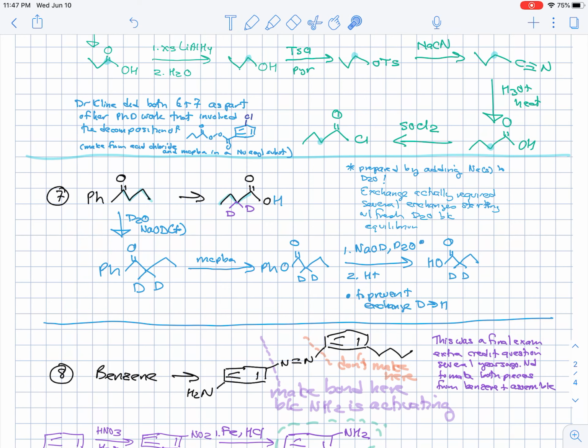So I had to isolate the product and then add fresh D2O and let it reach equilibrium again. And then I think I had to do that a third time. It was a long time ago. I don't remember everything. I do remember that I made the NaOD by adding sodium to deuterated water, which was